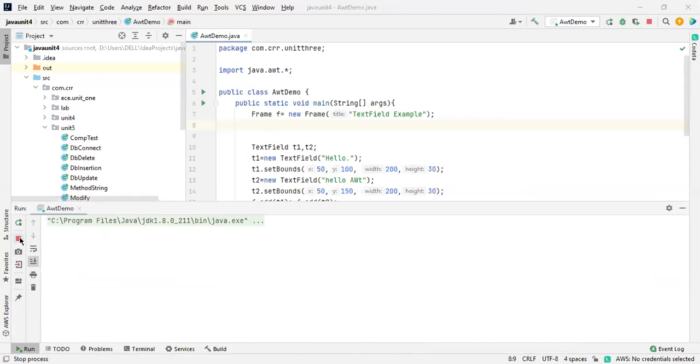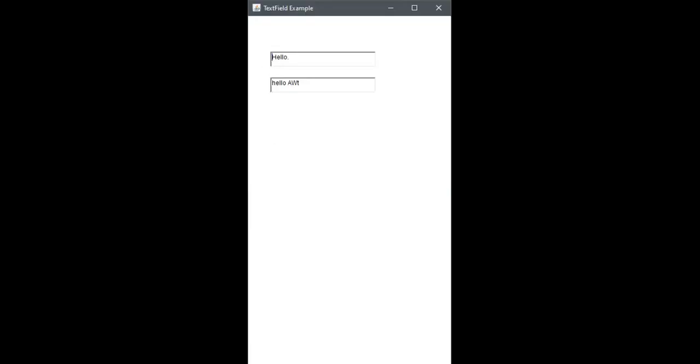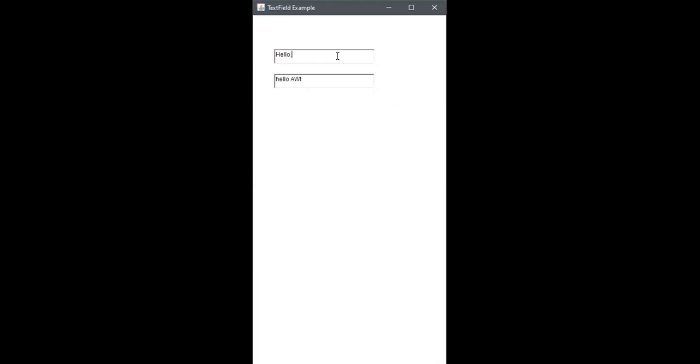If it is showing stop AWT, if we click on this, the output will be a window. We know that one, so let me share that window. See this one. This is a window. Everything is a window. This is a text field, this box.